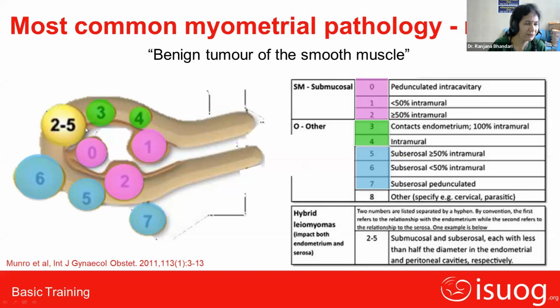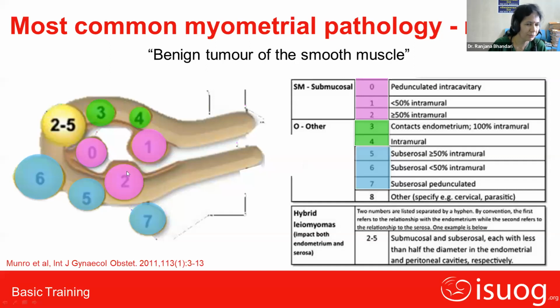And 2 and 5 signifies that it is from 2 till 5. This 2 to 5 means the extension is from number 2 of the classification up to number 5 of the classification. So 2 and 5 is a hybrid type of myoma. I think this figure is very important, but now it must have become easy for you all that 0,